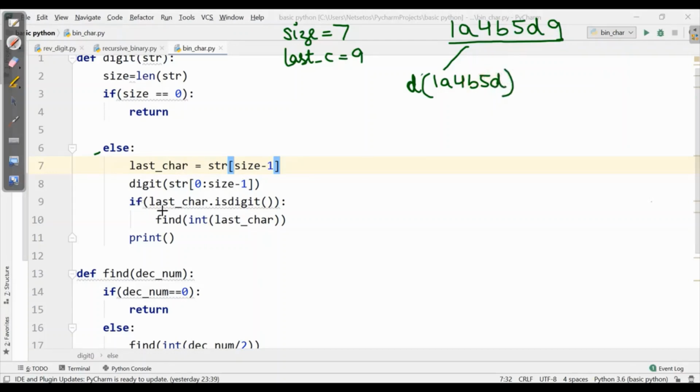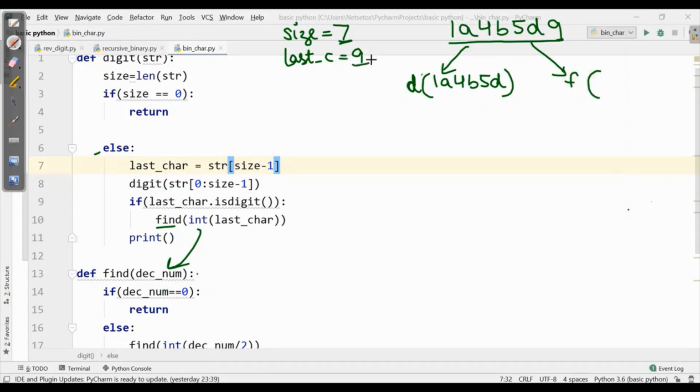Then the last character is a digit, 9 is a digit. Yes, it is a numerical value, so it will have 2 branches of the tree. Then it is asking to follow this find if it has a digit, because it has to calculate its binary equivalent.